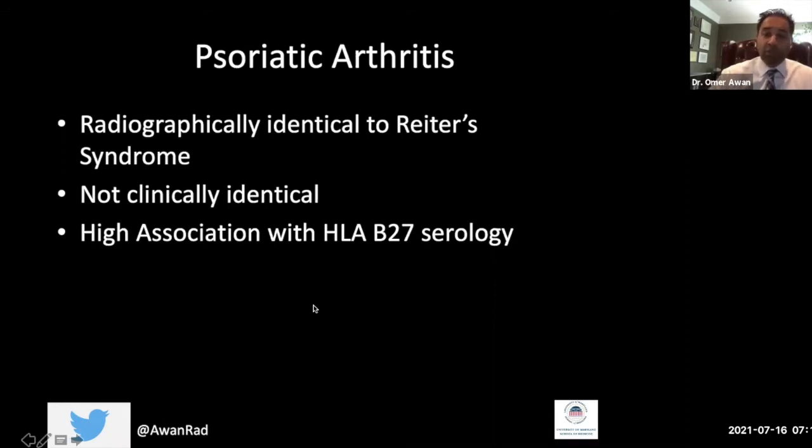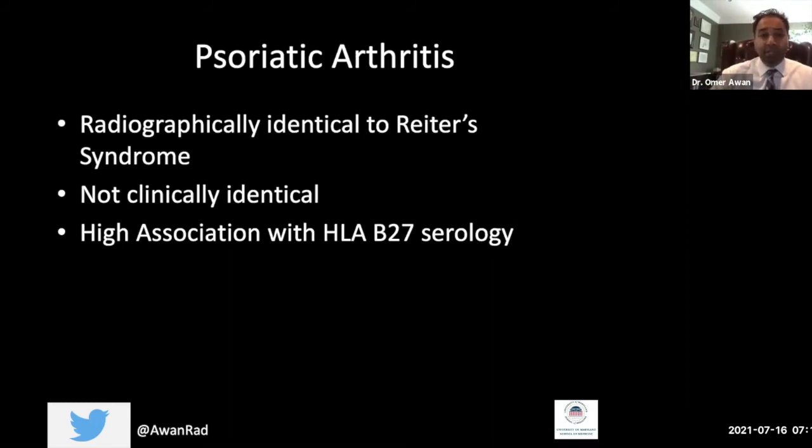Moving on to psoriatic arthritis, we're going to go through these relatively quickly because there are a lot of arthritises that I want to just give you an overview of. We could spend all day on just rheumatoid arthritis. It's that complicated, right? But I want to give you an overview of all the most salient features